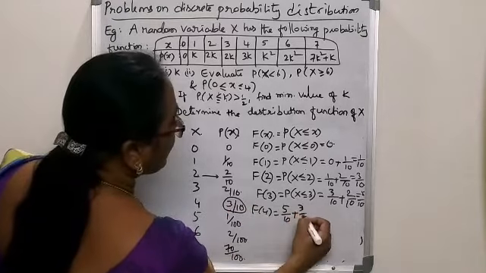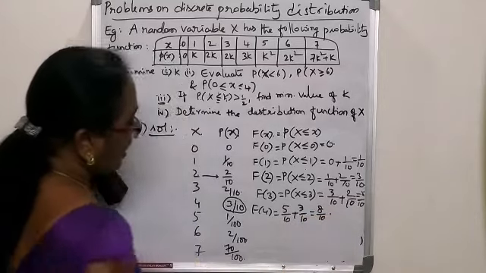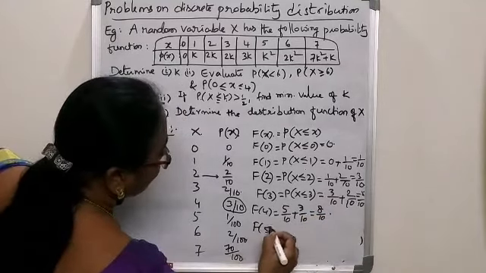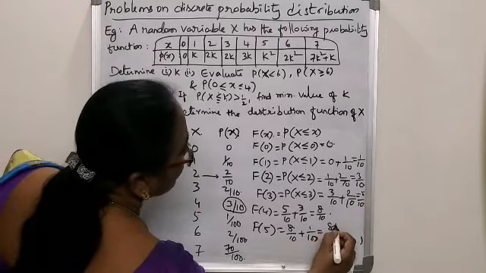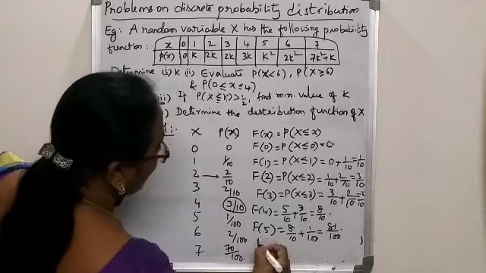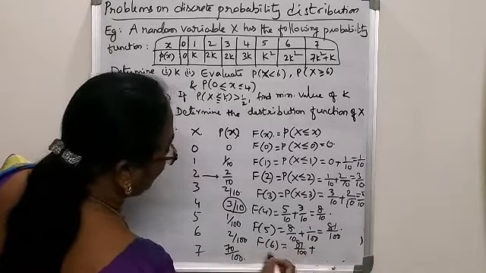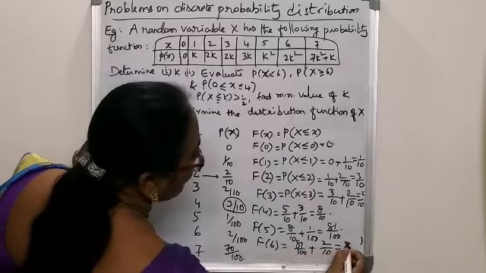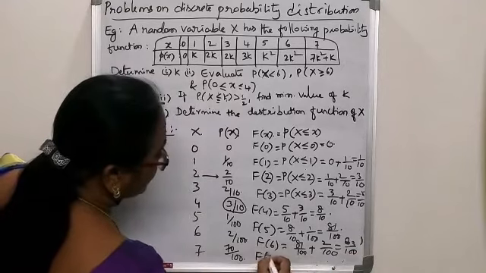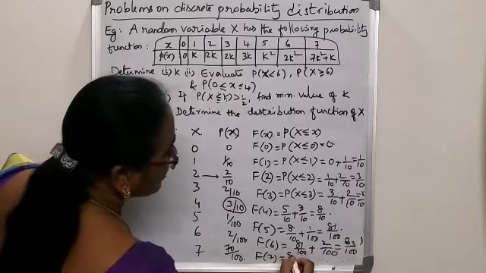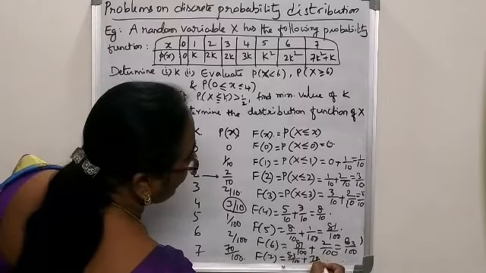It is 3 by 10, giving us the value 8 by 10. The next is f of 5. It is 8 by 10 plus 1 by 100. It is 81 by 100. Next is f of 6. It is 81 by 100 plus 2 by 100. It is 83 by 100. The last is f of 7, which is 83 by 100 plus 70 by...